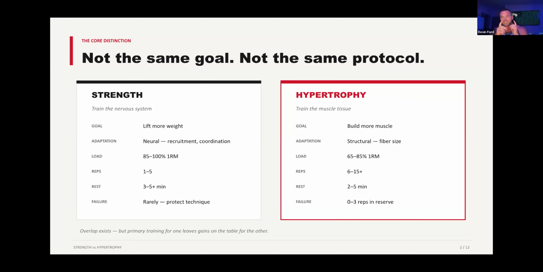Does that make sense? Does everybody kind of get the difference? So at the end of doing, let's say, a 1 rep max or a 3 rep max, the heaviest weight that you can do for 3 reps, your body is going to recruit the muscle forcefully, which only happens in the hypertrophy realm on that last rep when you're going to failure.